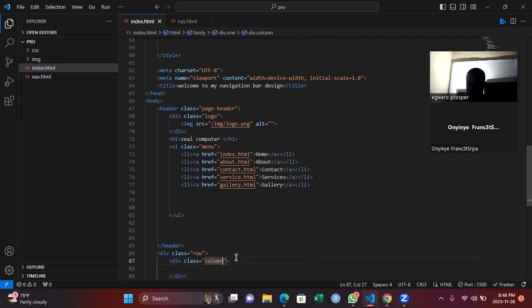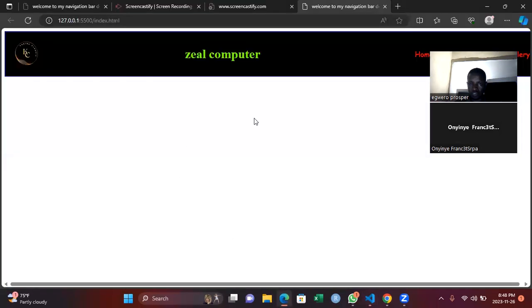Because I told you that in the first row, this is what we're talking about. This particular body that we are designing now, the whole of this that we